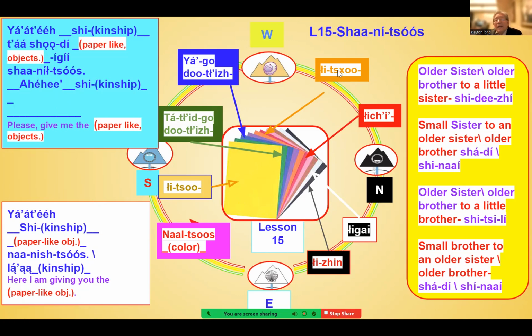Let's go over here. This is Shaaníłtsoos. Notice the difference between yellow and orange. So what's the difference? You can see an X in this one. You can see no X. The X is like the H sound in English. So just an emphasis on hogi, where over here, yellow, you don't.